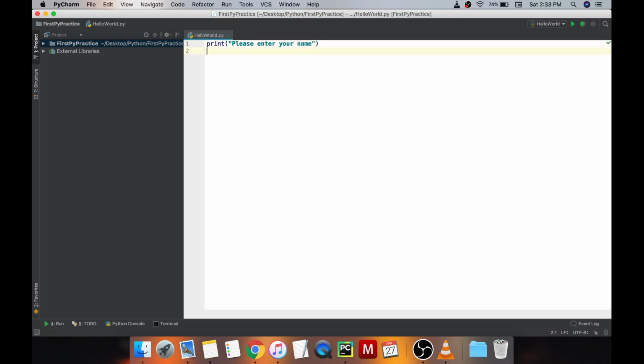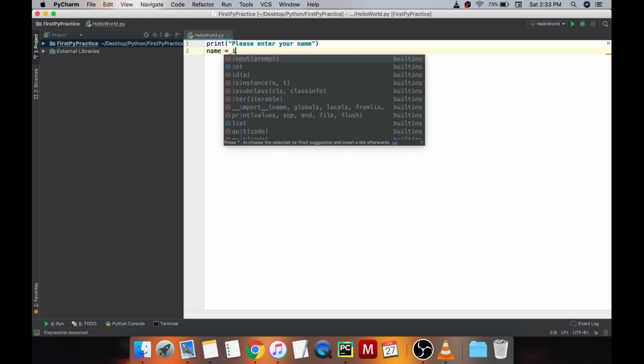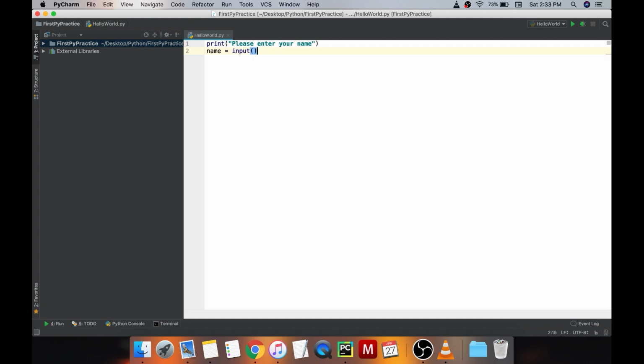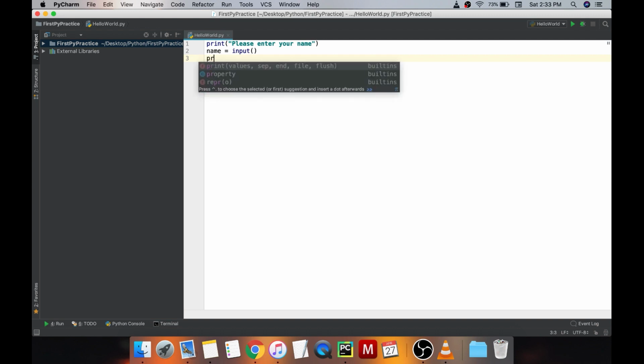and then we are going to take the input from the user and we are going to store that input in a variable. So I will just declare a variable name, and then there is a command called input which will wait until the user gives any input to the console and then hits enter. So we will get the entire value in our name variable,